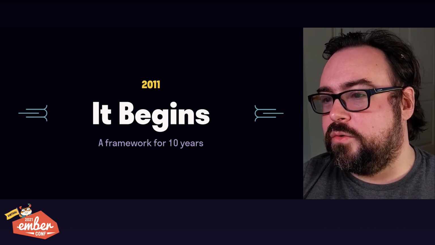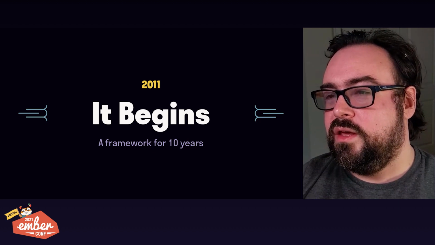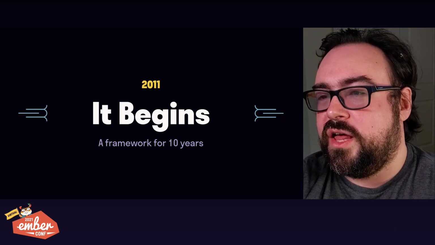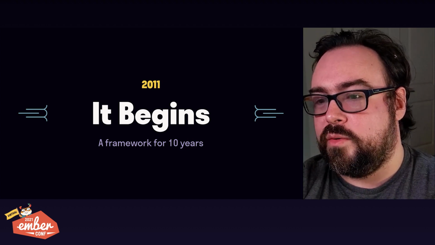At the time, Bower was really popular. ES modules hadn't landed yet. Transpilers were still a pipe dream. All we knew was that things were going to change a lot over the next 10 years. And we knew that we wanted to build apps that could last for a while with our framework.